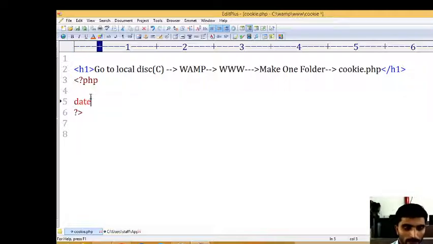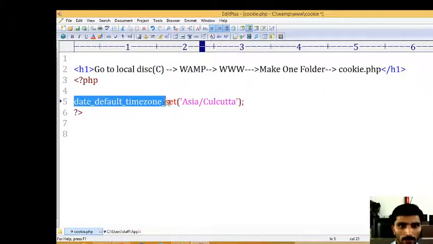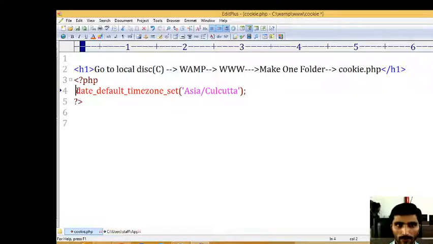How to create the time zone? date_default_timezone_set, with brackets and a semicolon, and inside the brackets you write in single quotes 'Asia/Kolkata'. This gives the time zone according to Asia/Kolkata, which is 5:30. Different countries have different time formats and different times.